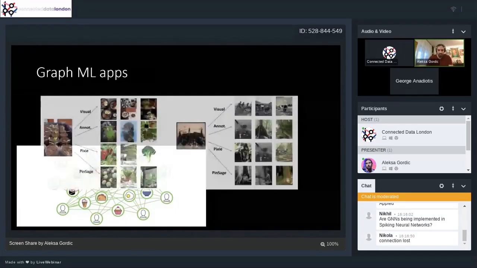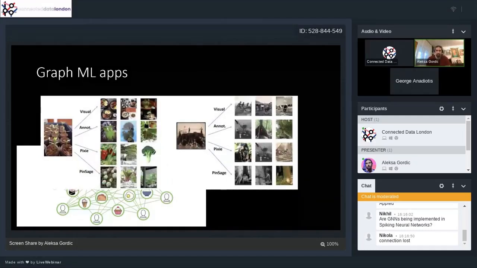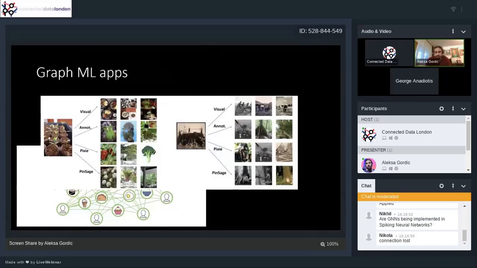Okay. The second example is this very famous example in GraphML. It's called PinSage. Basically, there is this platform, you're probably familiar with it or have heard of it, Pinterest, where you collect these pins. They are visual, they are textual. You're basically collecting some interesting pins in boards, etc. And what they did is they leveraged a graph neural network called PinSage to create a much better recommendation engine, and that's a big deal.